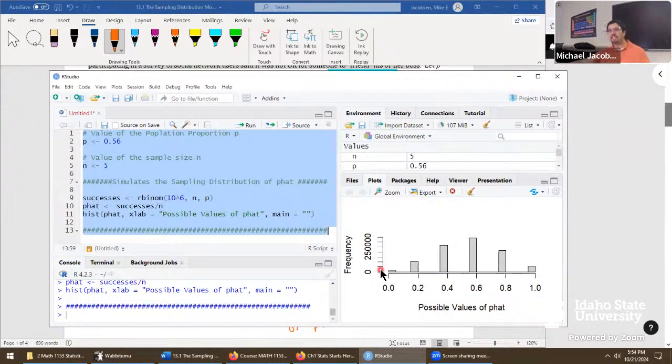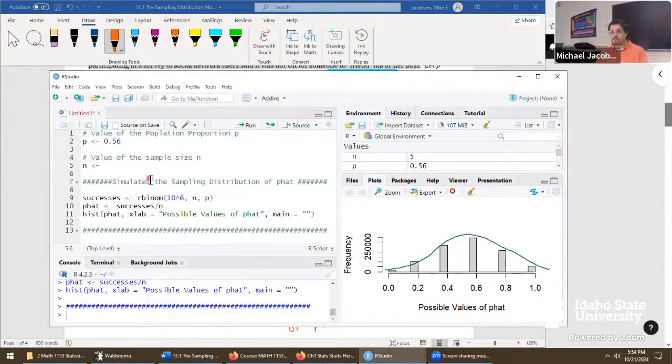It almost looks like it, right? You could definitely put a curve to it. Curve would go about like this. But there's still an actual big problem. With a sample size of just 5, these are the possible values of p hat. And it turns out only certain values are actually possible. There's a huge gap right here where no values were ever obtained, even though we took a million different samples all at once. So it ought to improve from then on out.